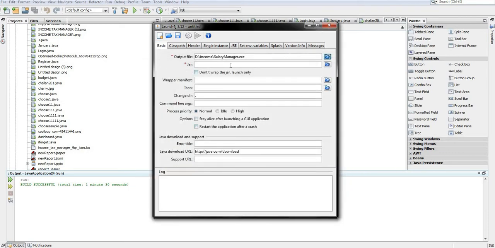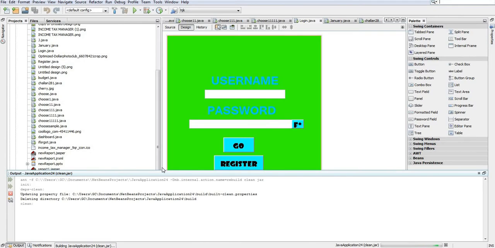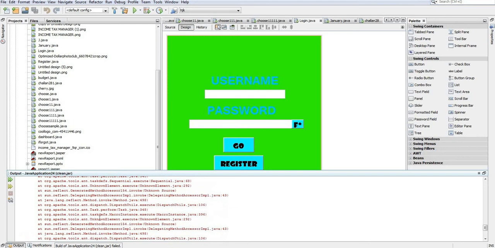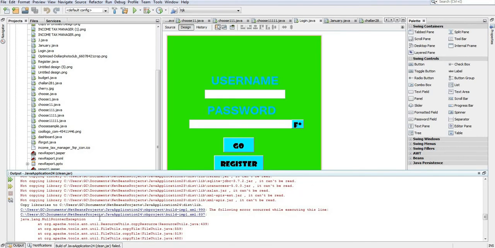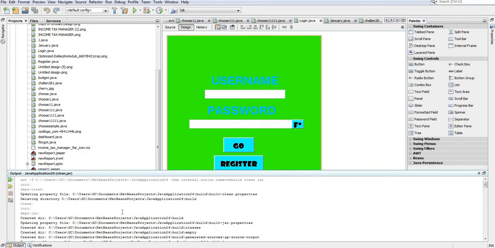So click on save, and then here you have to put the Java file which we have got. For generating a Java file, click on clean and build, which is present right here. So we will create the Java file. Actually it's giving me an error because I've already created a Java file. If you have made any changes in your application and haven't generated a new Java file, then you need to go here and click on this to generate the Java file. Go to Launch4j,